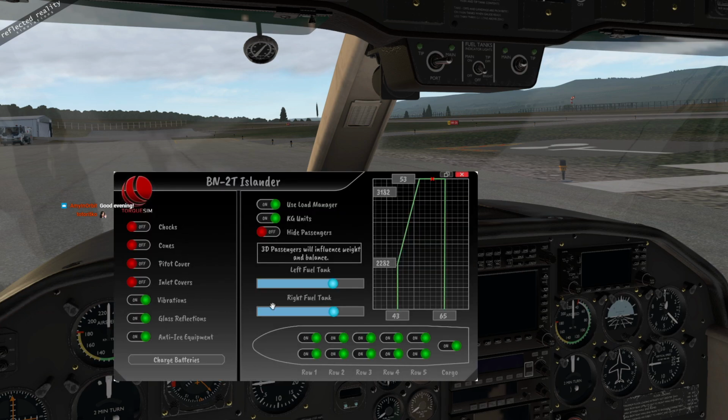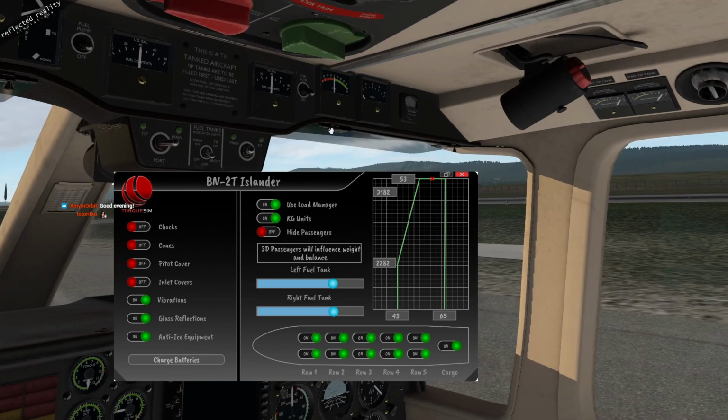So on the load and balance screen here, you fill up the tanks as usual, just like you do with